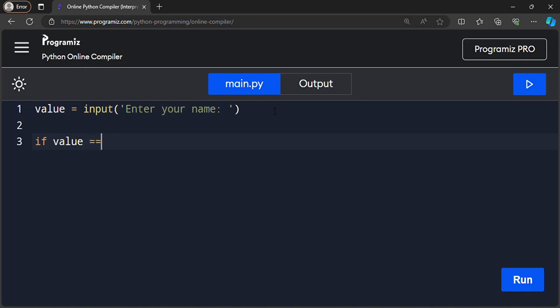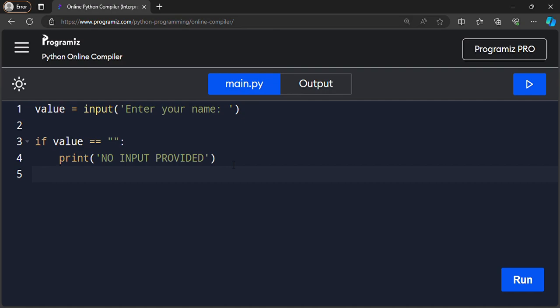I didn't input anything in this. That means if value is null. Null means empty. Then print no input provided. Then else